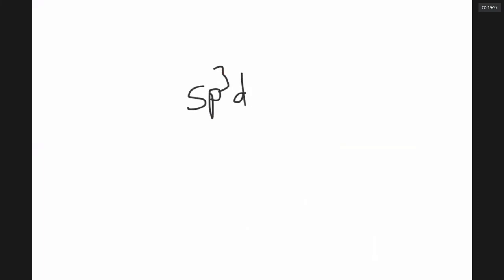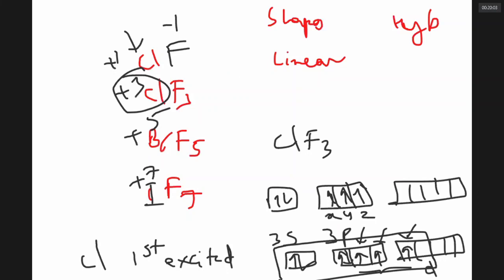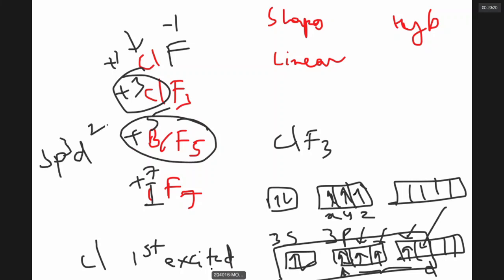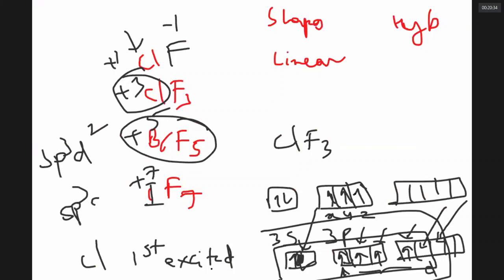If the Cl atom undergoes the second excited state, even the electron pair in the p orbital gets opened up and an electron goes into the d orbital. In that case, in ClF5 and BrF5, chlorine is in the second excited state and undergoes sp3d2 hybridization. If you give some more energy, the 3s electron may also get opened up and enter another d orbital. Then it will undergo sp3d3 hybridization.